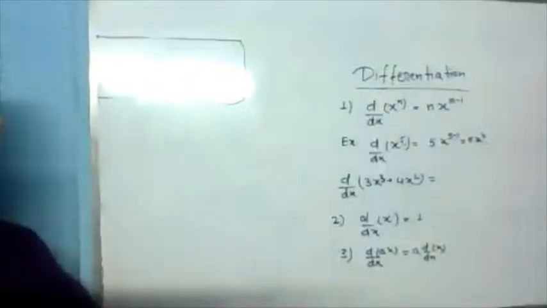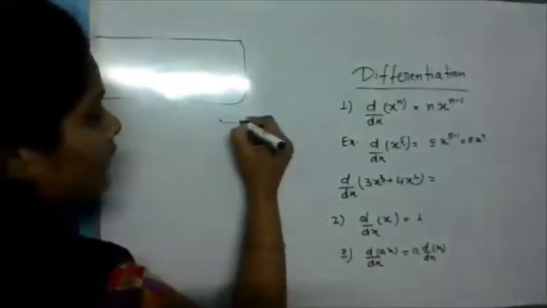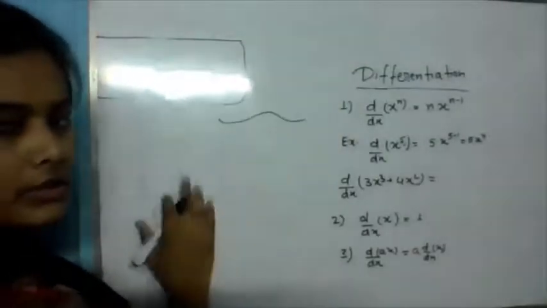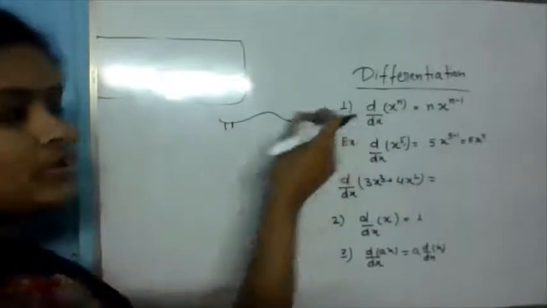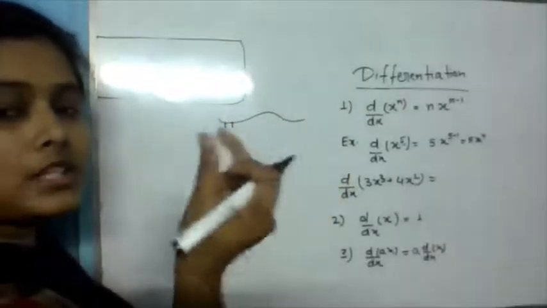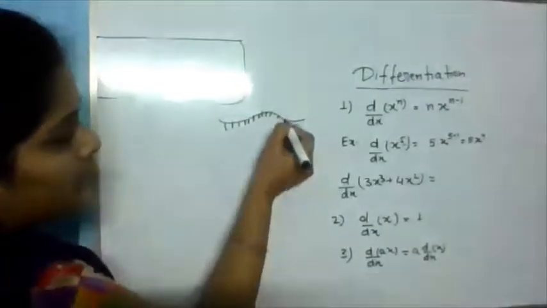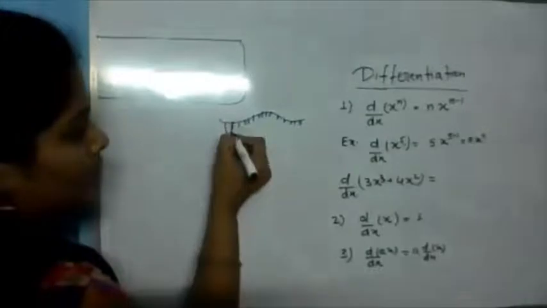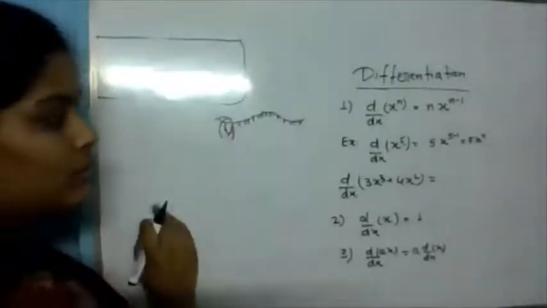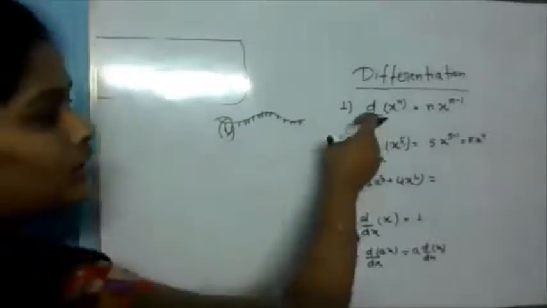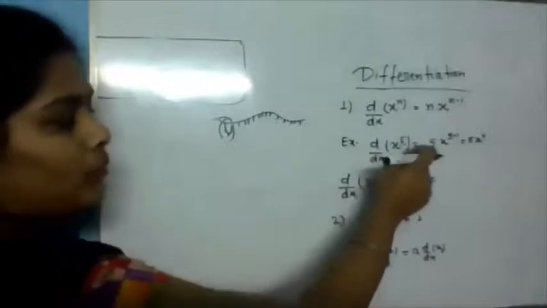Okay. So exactly what is differentiation? If we have any continuous curve or any continuous graph and we are taking a small element, differentiation shows the change in a very small part. So if we are differentiating in a very small part, then we are differentiating all the parts. So in differentiation, the general formula is this, and here we can use this formula like this.